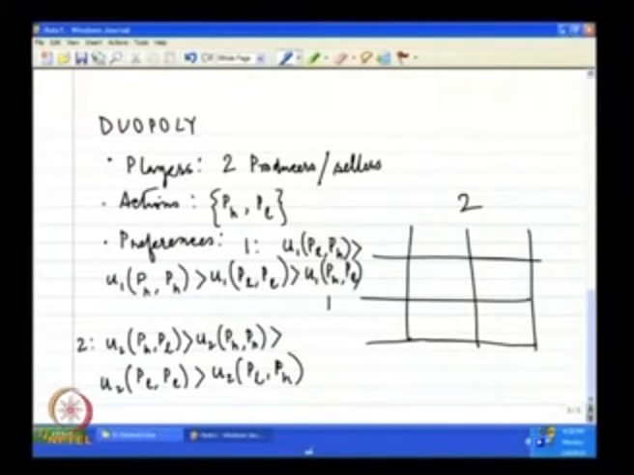So, the worst possible case is that the other player is charging a low price and getting all the consumers; no customer is coming to the second player because he is charging a high price. Now, PH can be represented here and PL can be represented here,